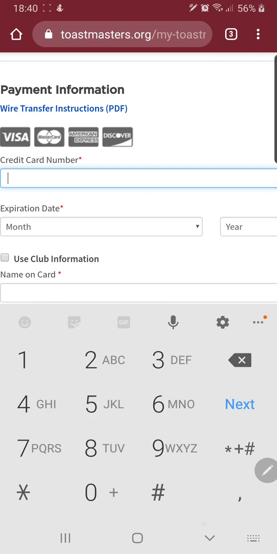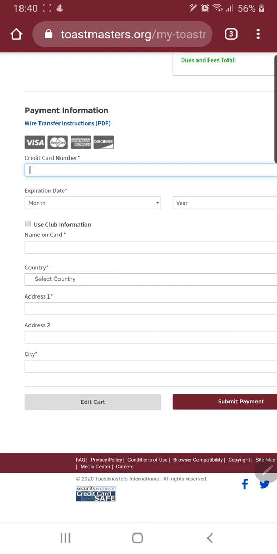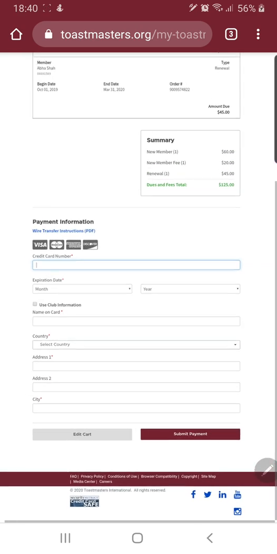You put in the credit card number. Now there are 2 options to pay, one via credit card, one via Swift transfer. The Swift transfer option is really difficult for now. It takes 2 to 3 days to credit the payment. Also you have to send the information by email to Toastmasters International, with the Swift code and transaction ID, that you have sent the amount to Toastmasters International. And as they recognize it after 1 or 2 days, then only your amount will be credited